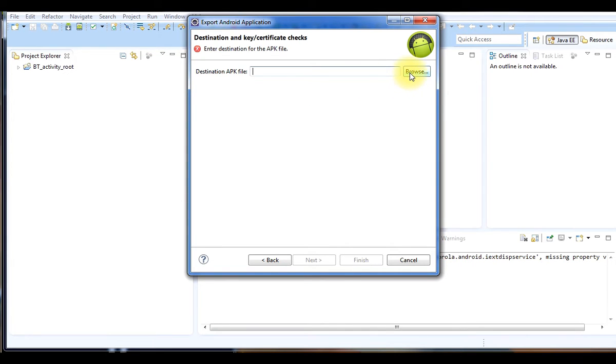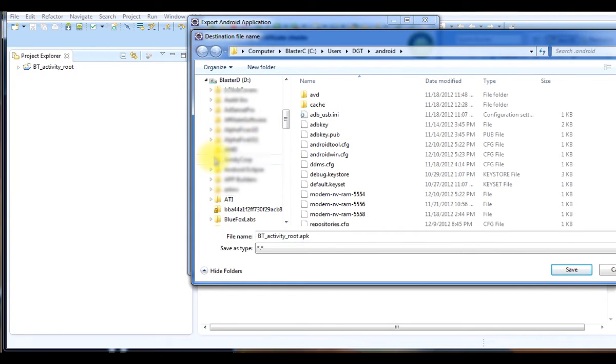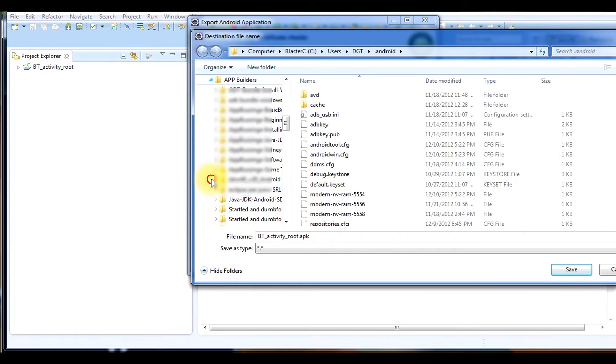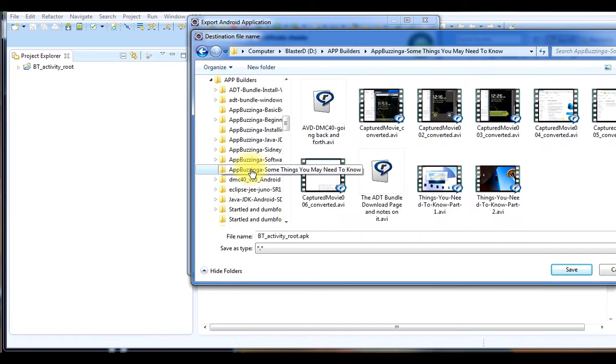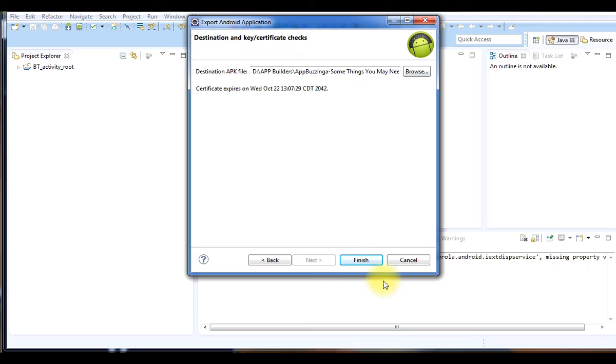Now we need to browse and find a location where we can store our finished debugging app so we can test it. I'm going to go out to my D drive, into my app builders, and find the folder that we used before. It starts out named as our project, so we want to change the name to our app name, which I've done here. Click Save.